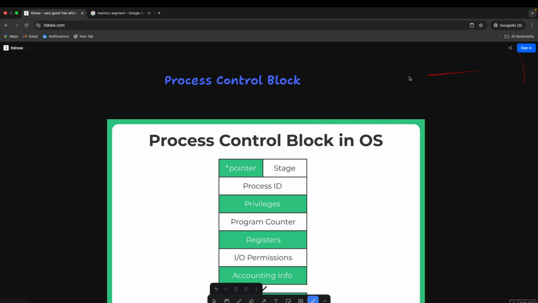Based on the algorithm, the OS will then schedule me and give me CPU time. Now, why is this state needed? Because remember, we are not going to sit and execute one entire process and then wait for the other process to come in.